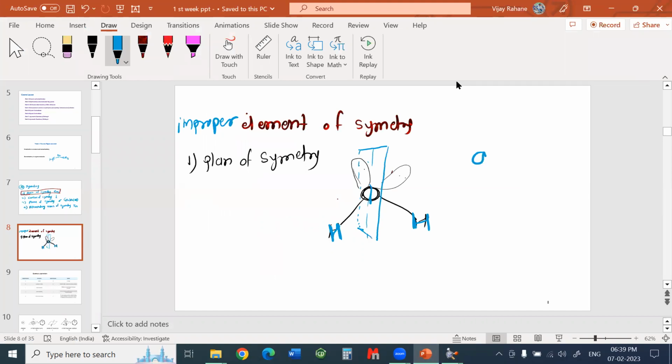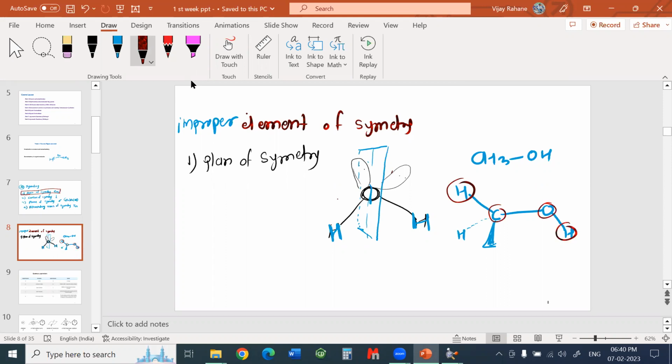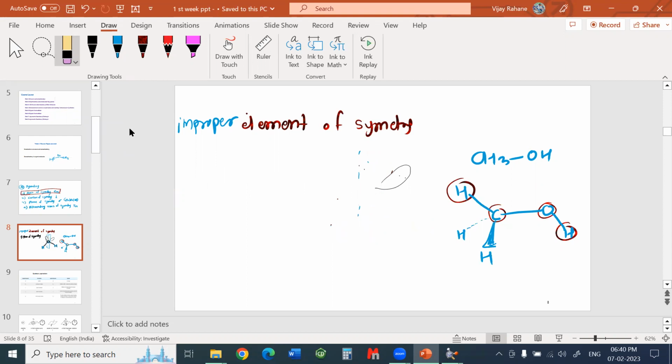Let me draw methanol here, right? As we have seen there, there is one carbon and oxygen, here hydrogen, and to this one there is hydrogen. One hydrogen is below the plane, the second hydrogen is above the plane. So the plane which passes through this hydrogen, carbon, oxygen, and this hydrogen, that plane divides this methanol molecule into two equal parts, which are indistinguishable from each other. So this is the plane of symmetry, and this is an improper element of symmetry,